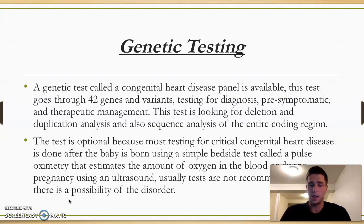Genetic testing. A genetic test called a congenital heart disease panel is available. This test goes through 42 genes and variants, testing for diagnosis, pre-symptomatic and therapeutic management. This test is looking for deletion and duplication analysis, and also sequence analysis of the entire coding region. The test is optional because most testing for critical congenital heart disease is done after the baby is born using a simple bedside test called pulse oximetry. This estimates the amount of oxygen in the blood, or during pregnancy,